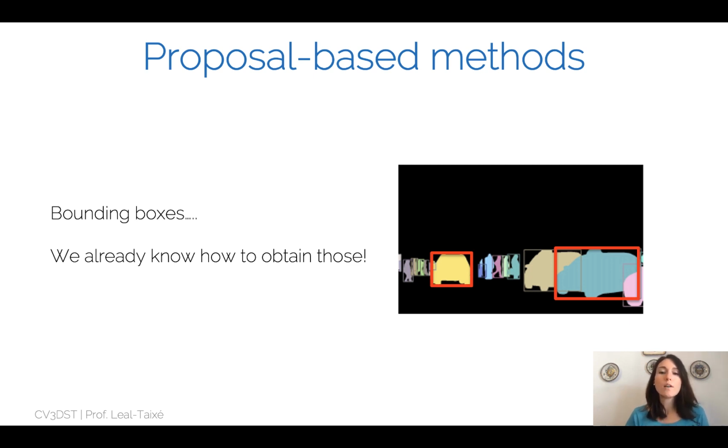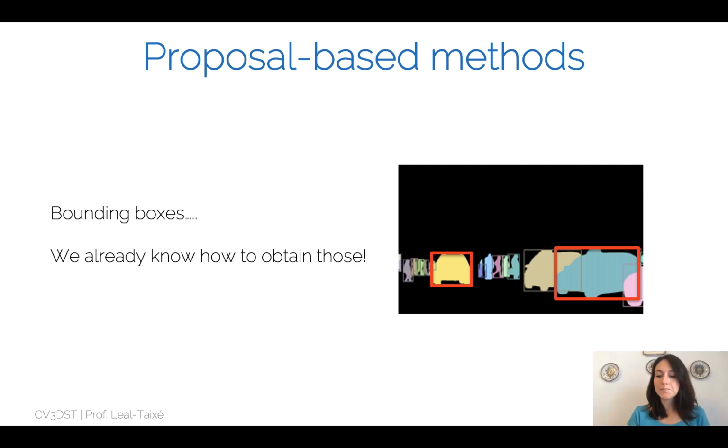So if you already know how to separate different instances of the same semantic class, so different objects, different cars, for example, with object detection, why not use it as a condition, as your input, essentially, and then try to find the segmentation mask within this bounding box. Of course, it is much easier if you already have a bounding box and you know that the pixels of your instance can only be found inside this bounding box. It's much easier to find the appropriate segmentation mask than if you start from all your image